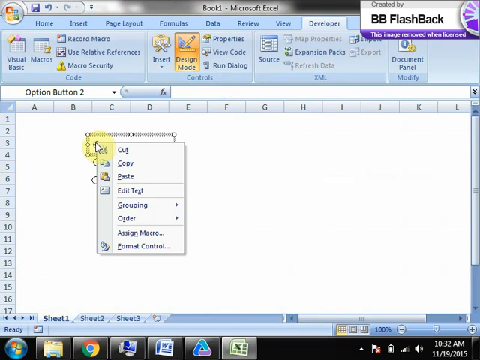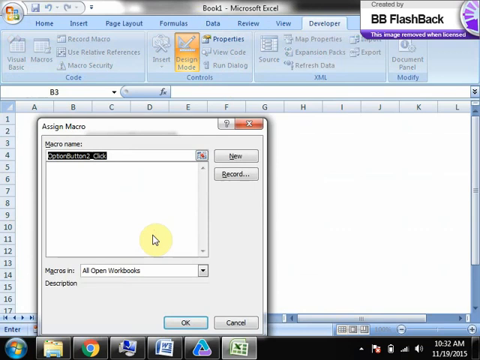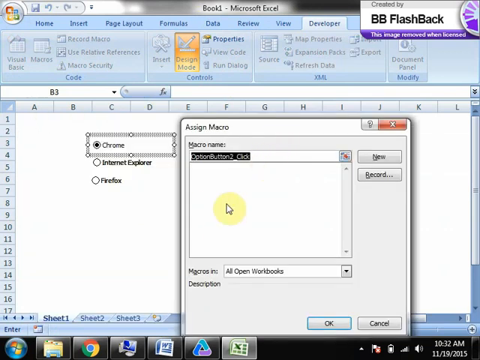Then to write the macros for these buttons, right click on the control, and can you see something called assign macro here? Click on assign macro. Since there are no macros created as of now, it is empty, and if there are any macros created already, it will display here. Since it is a new macro, just give a name; each macro is nothing but one sub procedure usually.